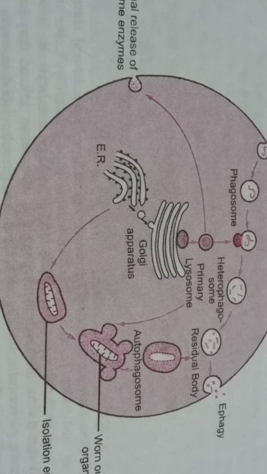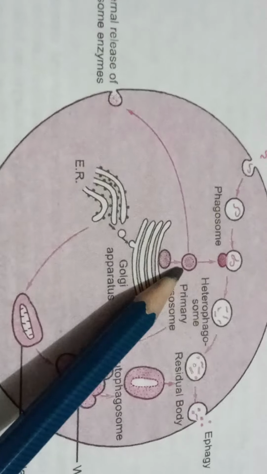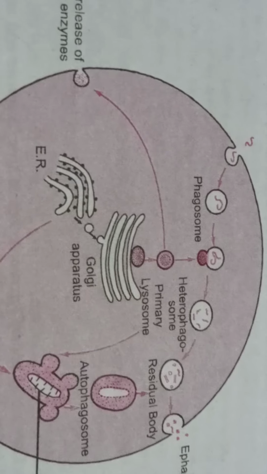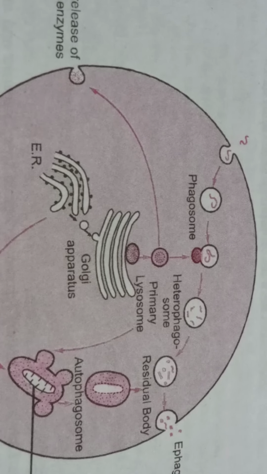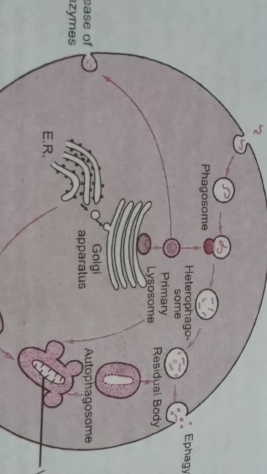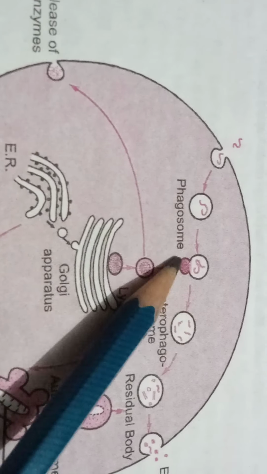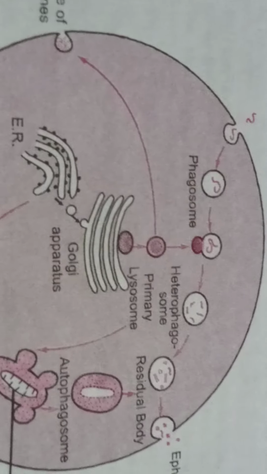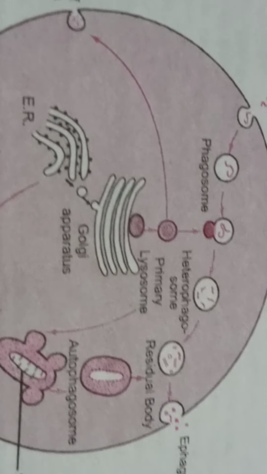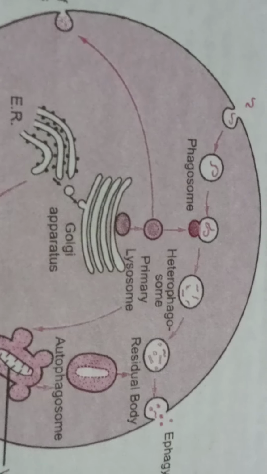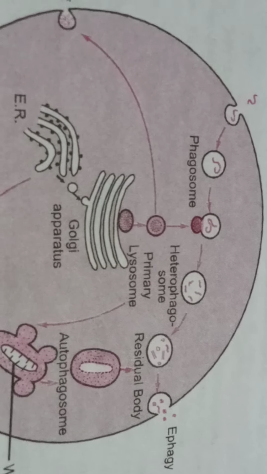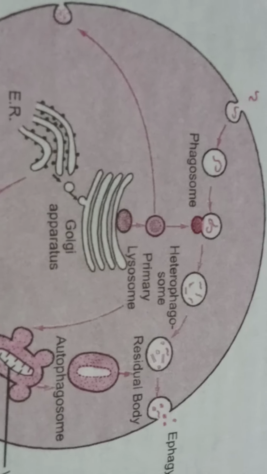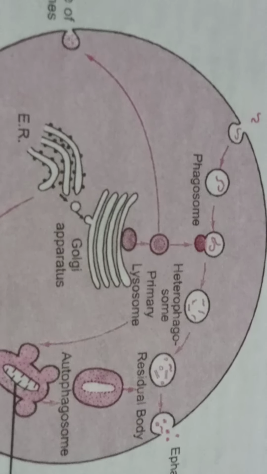The next one is the heterophagosomes, as you can see in the diagram, or the secondary lysosomes. These are formed by the fusion of the food-containing phagosomes. The phagosomes contain the food, and all these assemble together to form the heterophagosome. Here also different digestive enzymes are there, which help in digestion. And finally, the leftover undigested food is present in these heterophagosomes.